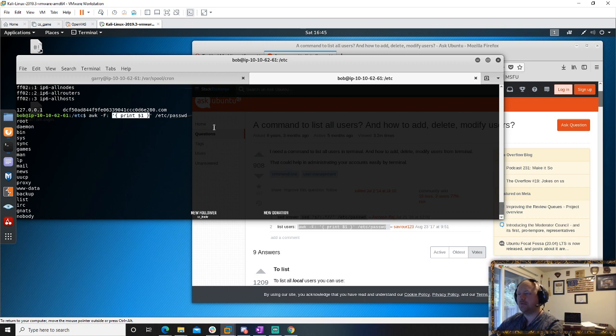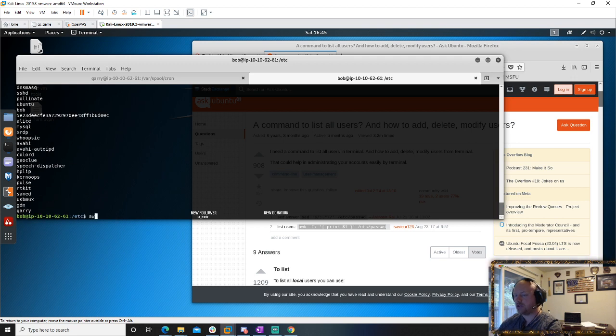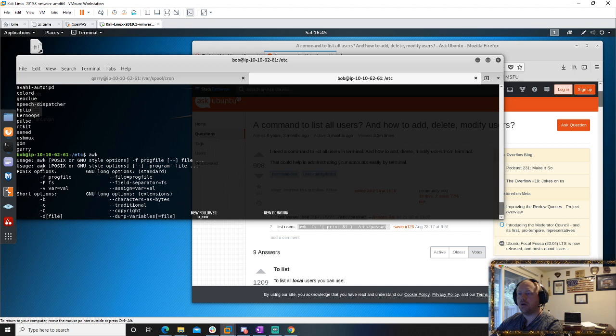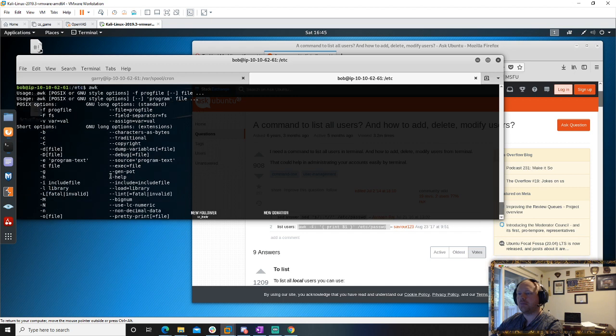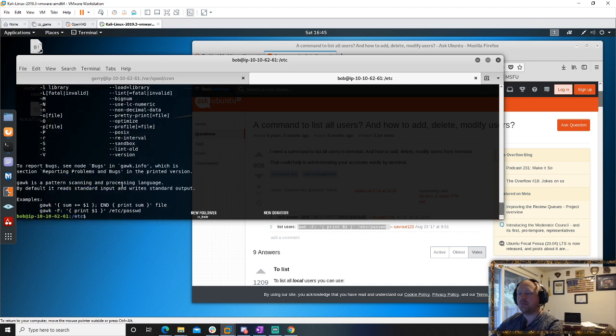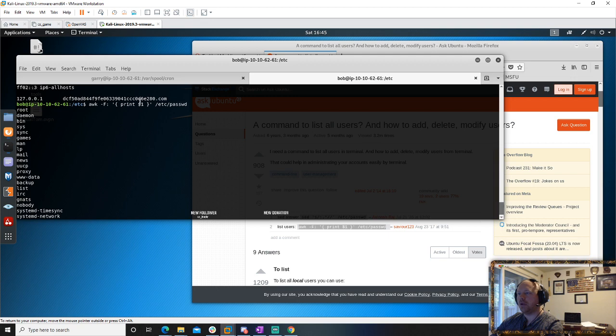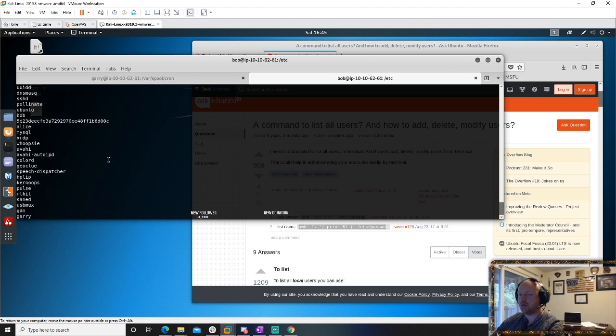It's not actually something I'm even terribly familiar with, but awk is a pattern scanning language, so it's reading basically the etc passwd file and printing the first variable in it, which is the username.